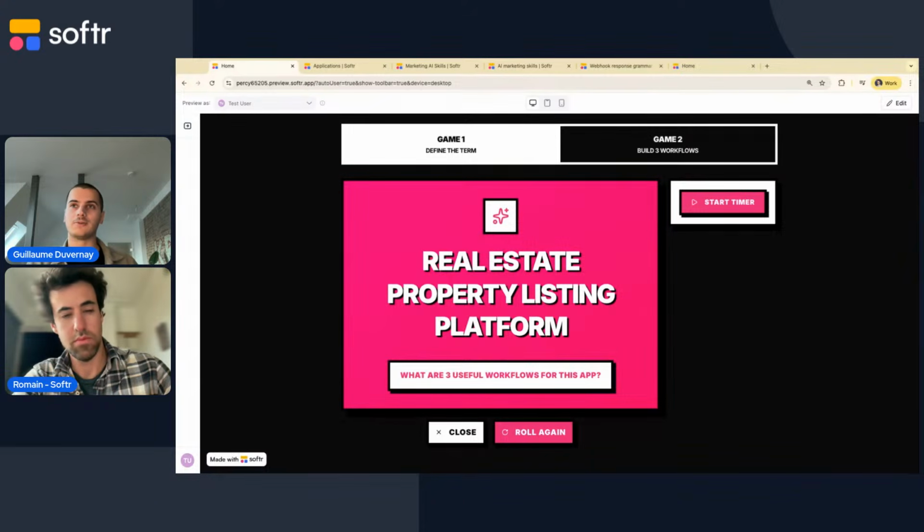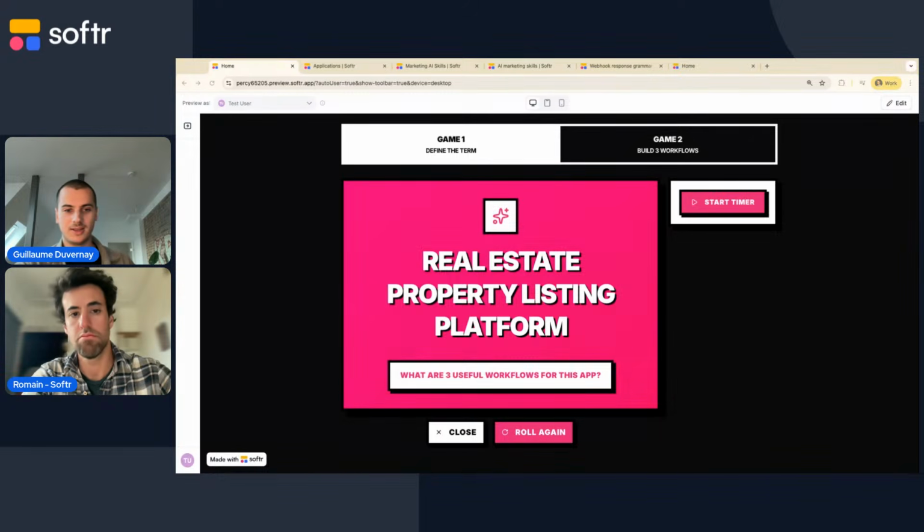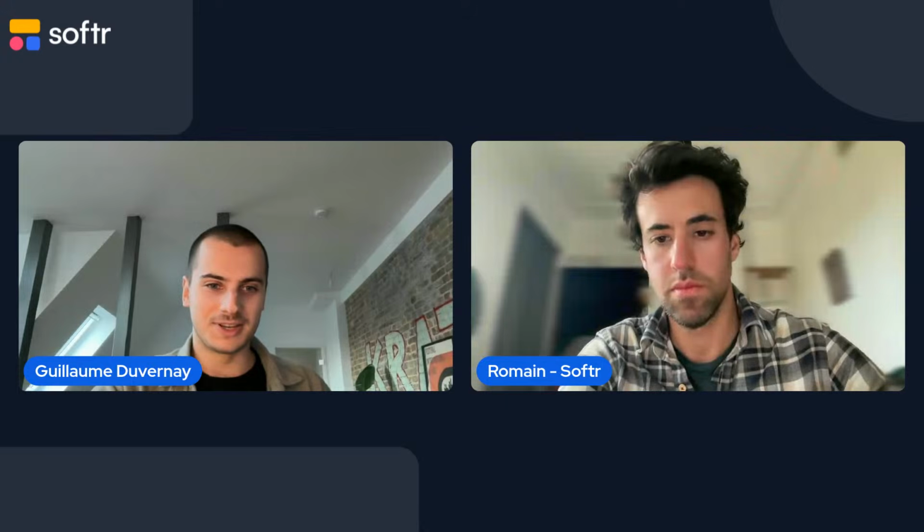A way for the sales reps to write an email directly into the app in a nice interface with the subject and the body, and when they click send, it actually uses a workflow to send the email. Hope this was useful to get some inspiration for some of the apps.